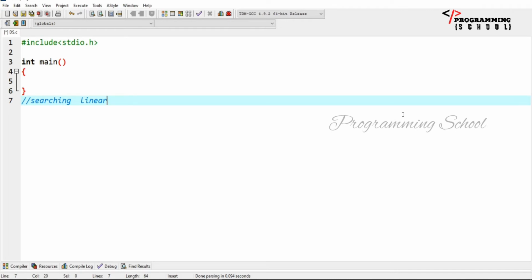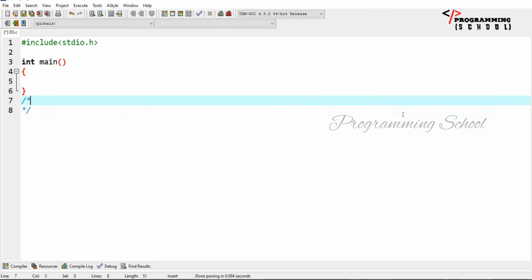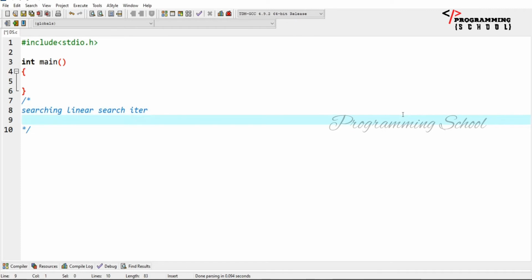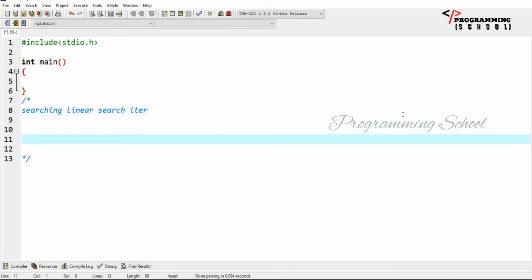First of all, what is linear search and how do I work with the iterative method. Then in the next video, I'm going to discuss how to work with the recursive method. Here it is going to be searching, and the algorithm is going to be the linear search. Linear search, that is also an iterative method. First of all, the input is going to be like this, for example some 10 or